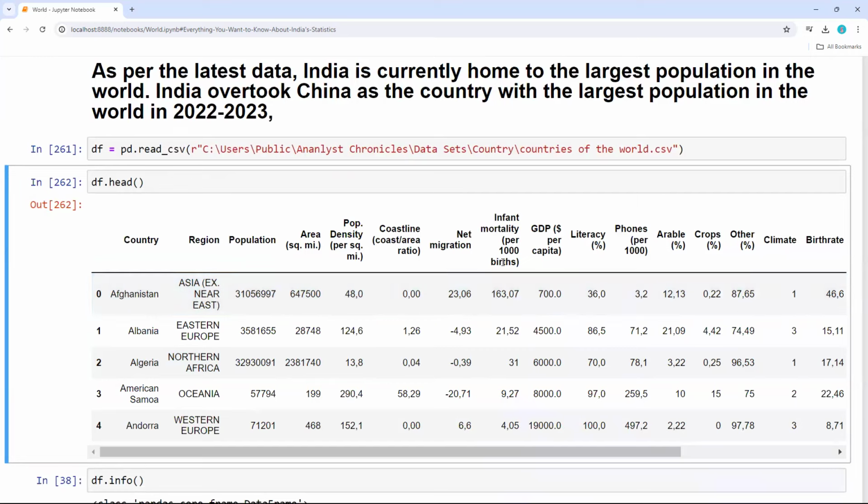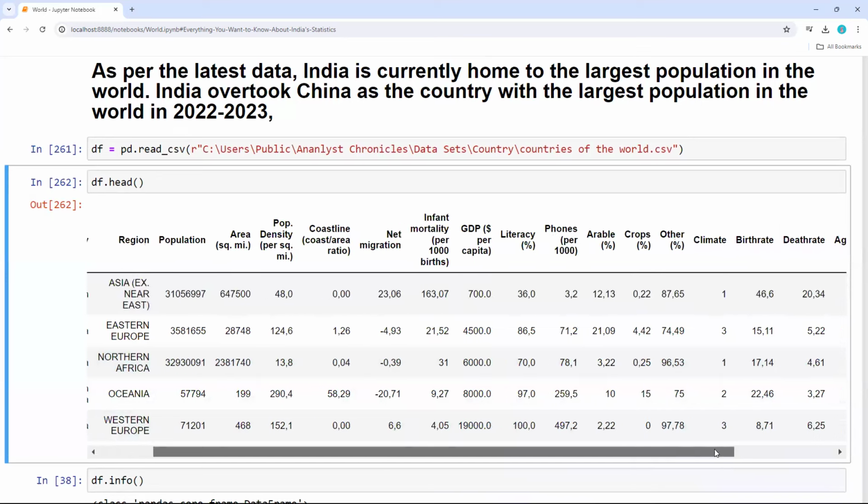We have net migration and all these things, GDP per capita, literacy rate, and phones per 1,000 people, meaning how many people out of every 1,000 have affordable phones, something like that. And this is climate, and this is birth rate,